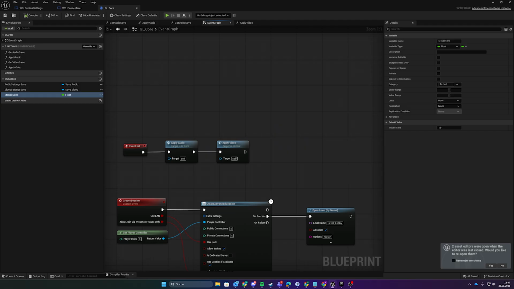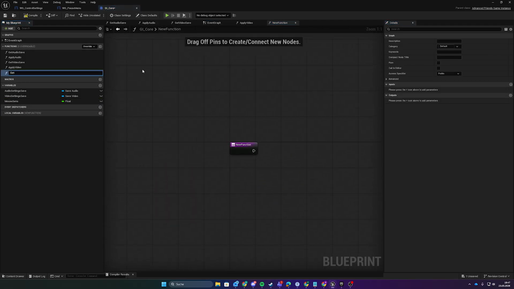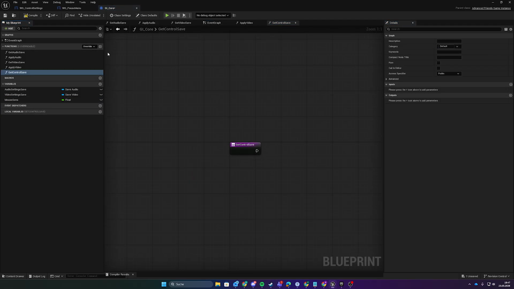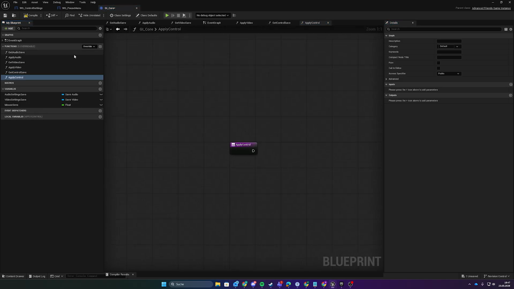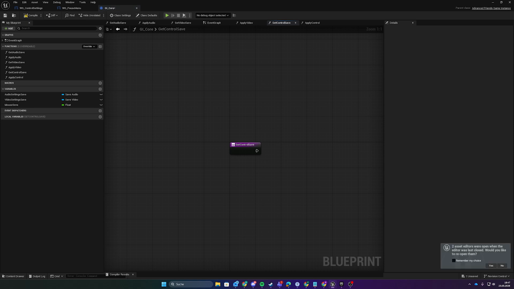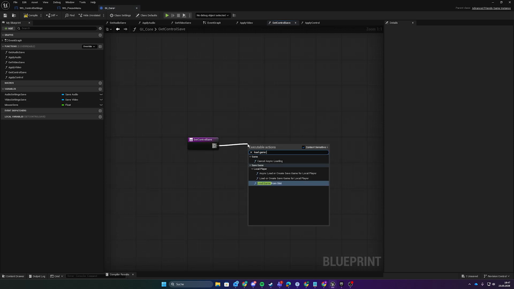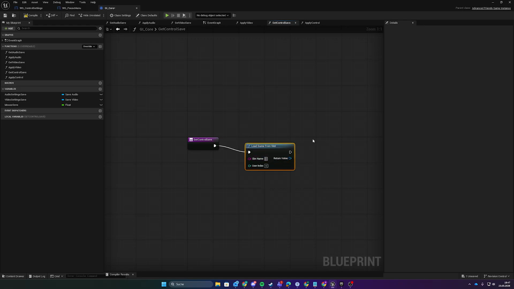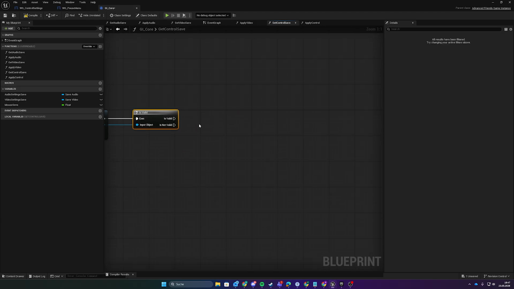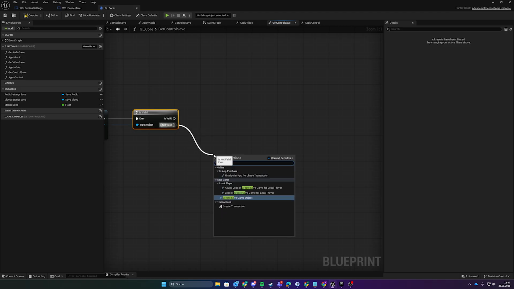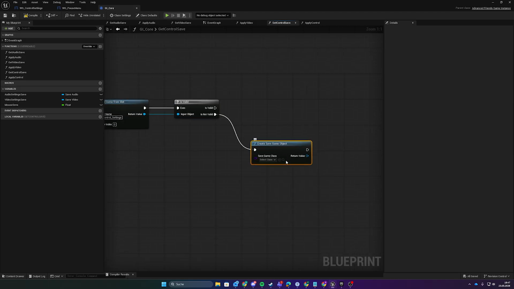So we can now go into our game instance and we are going to create some functions. First of all, we're going to get control save, and second apply controls for control, and get control save. We are as usual going to try to load game from slot and call it control settings, and now check is valid with a question mark, because if it's not valid we're going to create save game object, and we